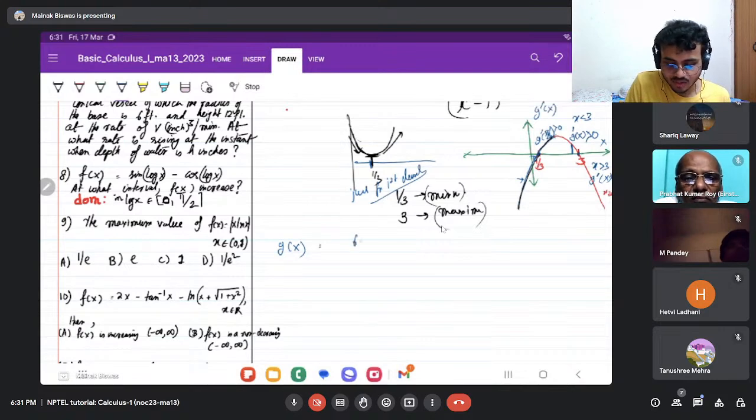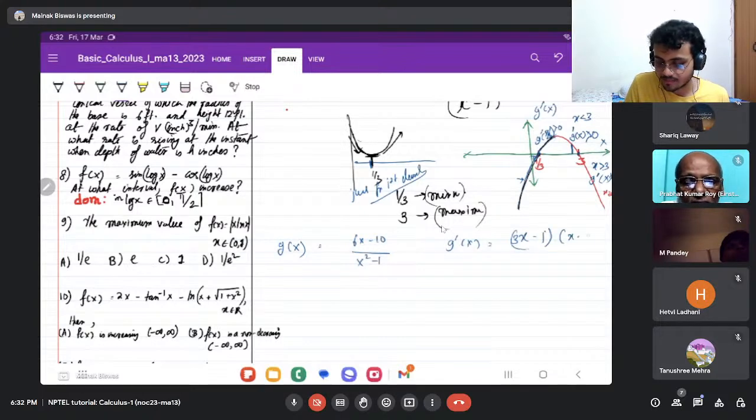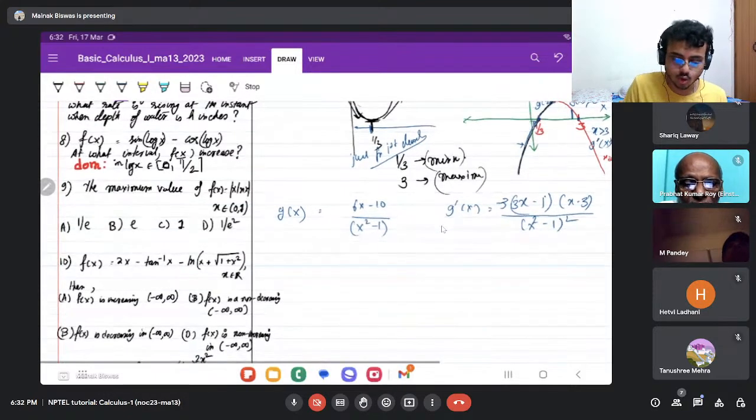Now g of x we found as (6x minus 10) by (x squared minus 1), and g dash x is x minus 3 into 3x minus 1 over x squared minus 1. So for g of x, you see you have poles, right? I'll not go into poles very early. So what we'll do is,